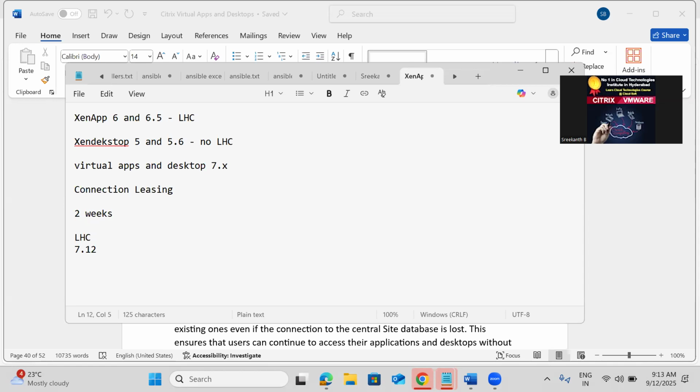But before giving the localhost cache, Citrix gave a temporary kind of solution called connection leasing. Now it's going to use localhost cache. So what is the localhost cache? It is a high availability solution from Citrix. We can broker the Citrix sessions even when the site database goes down. So now here, locally we are going to keep